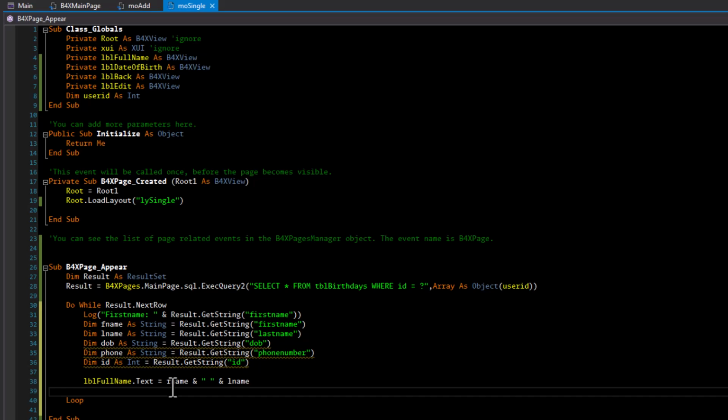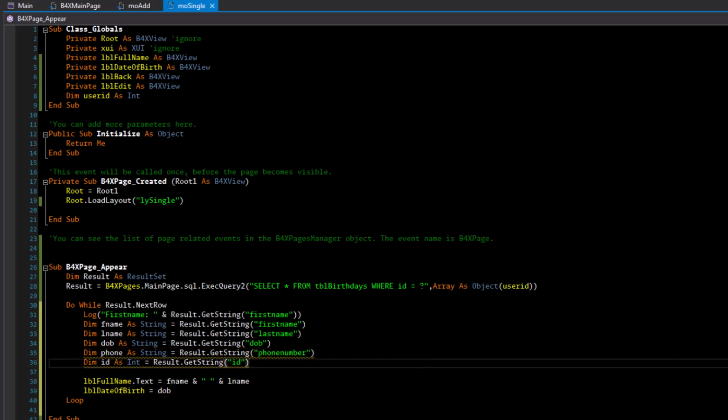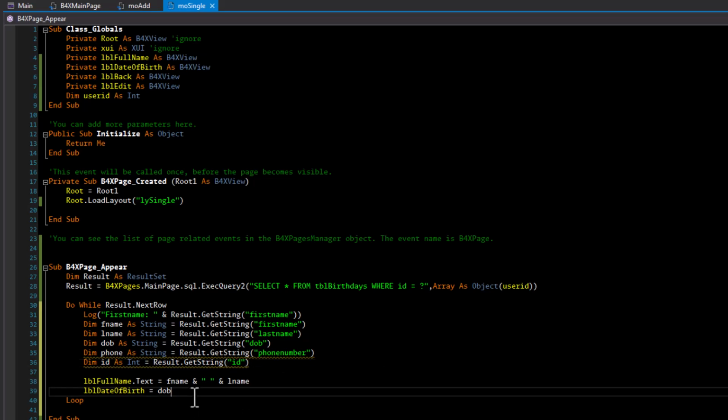Then what again? Yeah, date of birth, label date of birth should be equals to DOB. And then the remaining days for now too, let's